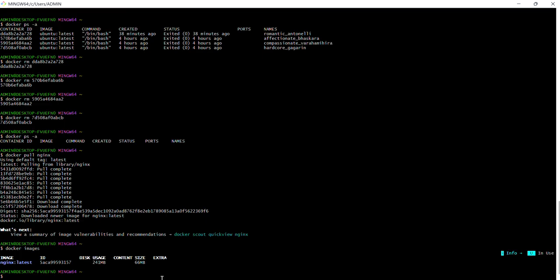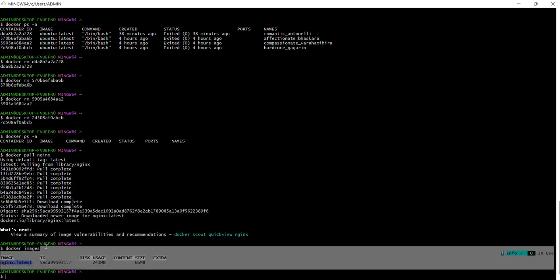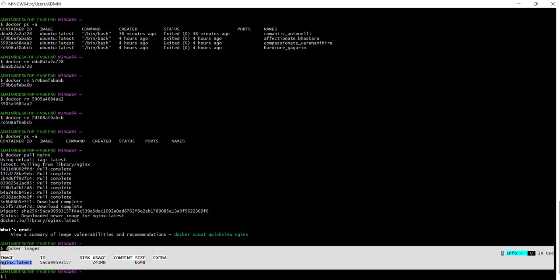Now my image is done. The downloaded image is there. If you run this command, here you will find your nginx server image. Now, image is what? Blueprint of your container. Previously I created the nginx server, which comes under image.